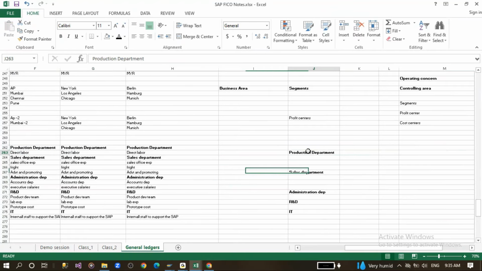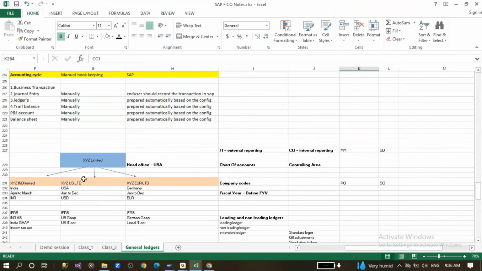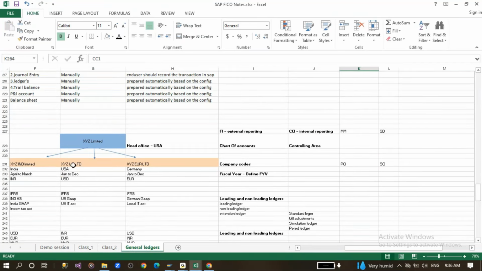So under the production department, I'll be deriving company code 1, company code 2, describing XYZ India Limited, XYZ US Limited,